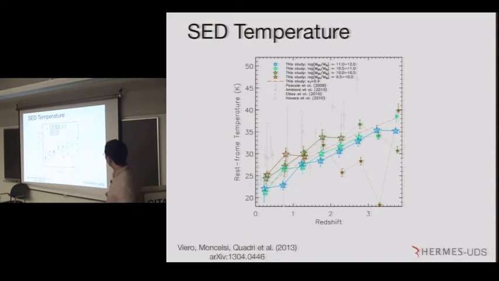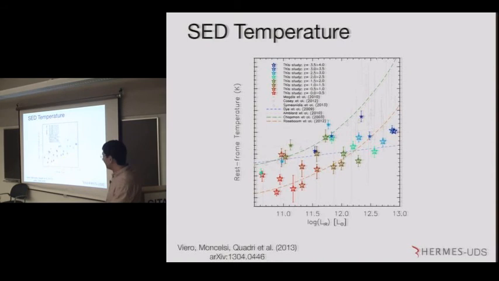But this is cool. This is the rest frame temperature versus redshift. And if you think it's a selection effect, well, these catalogs are complete, at least for redshift 2, for basically all masses. And we see this evolution of temperature for the dust SED model for our stacked fluxes. And it's pretty clear. This goes as temperature times Z to the ET, which ends up being something like 0.4.